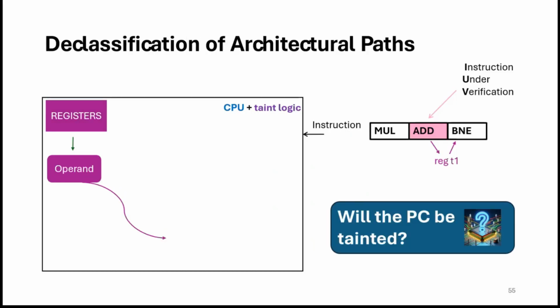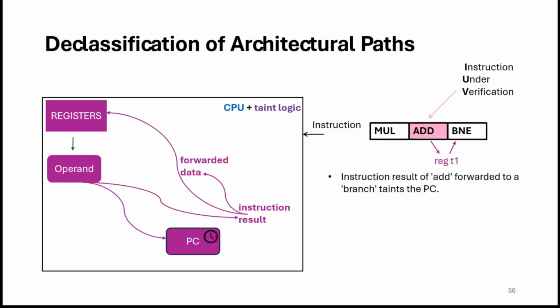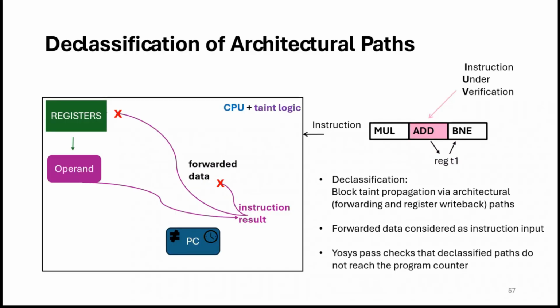There's another case that we need to consider. Now we have two instructions here. We have an add that writes to a register, and then we have a branch reading from the same register. So again, we probably have an information flow from the add through the destination register and the branch to the program counter. To avoid these architecturally known and ISA-specified flows, we declassify them, again using a logic abstraction. Now we control the taint signal with assumptions again, but set it to always be 0, because these flows are known on the architectural level and thus are not microarchitectural violations.